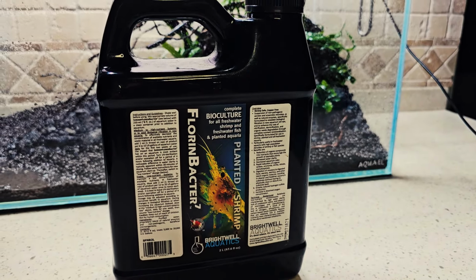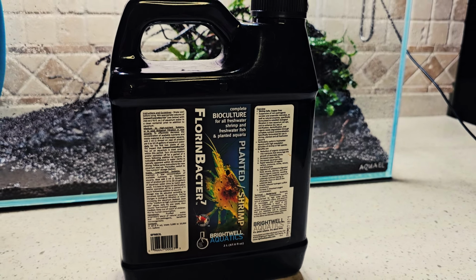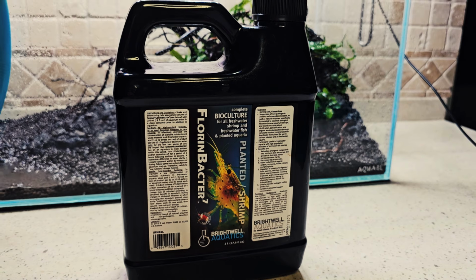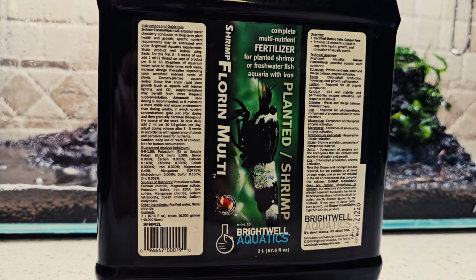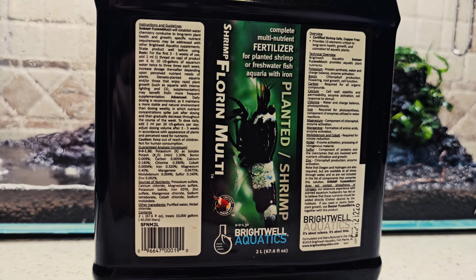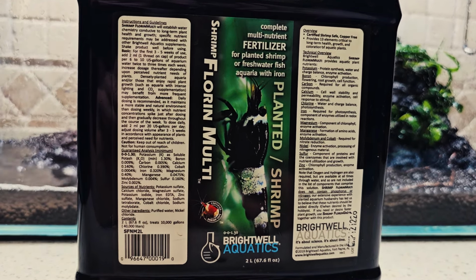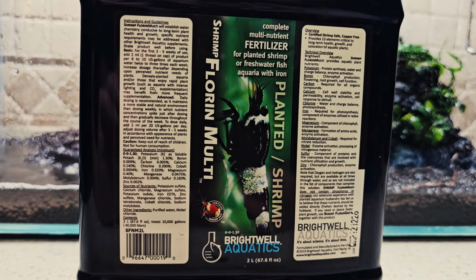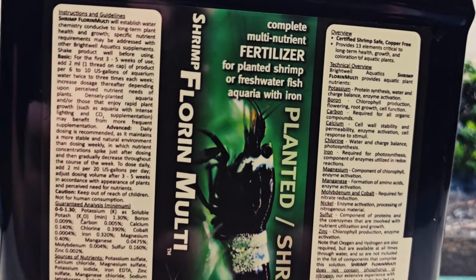This is a liquid bacteria of 7 different strains. This is gonna help colonize the bacteria in those filters and maintain those low levels of nitrates and ammonia. And then we're gonna add some Florin Multi. This isn't just gonna help those plants grow and keep them nice and lush, but it's also going to help feed the bacteria in the filter to get that cycle going, and everything is gonna look really nice when it's